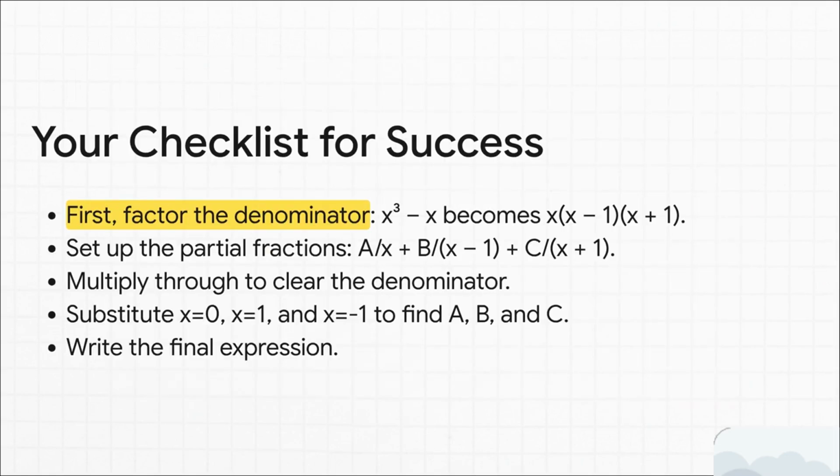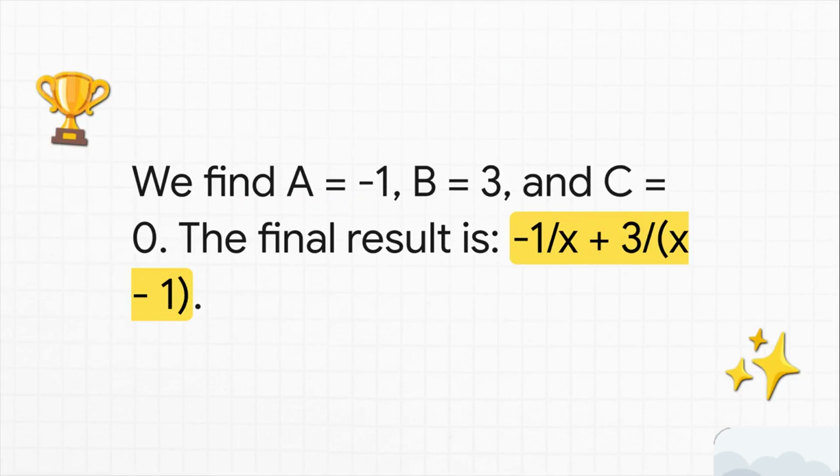So remember, your first job is always to factor that denominator completely. First, you can pull an x out of both terms. That leaves you with x times x squared minus 1. And hey, that's a difference of 2 squares, so it factors again into x times x minus 1 times x plus 1. And once you've done that, you look at it and go, this is just a case 1 problem, but with 3 factors. So you set it up with a, b, and c and substitute 0, 1, and negative 1 to find them. So if you follow all the steps, you'll find a is negative 1, b is 3,